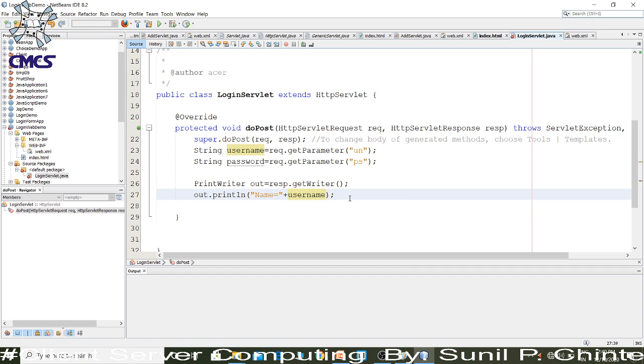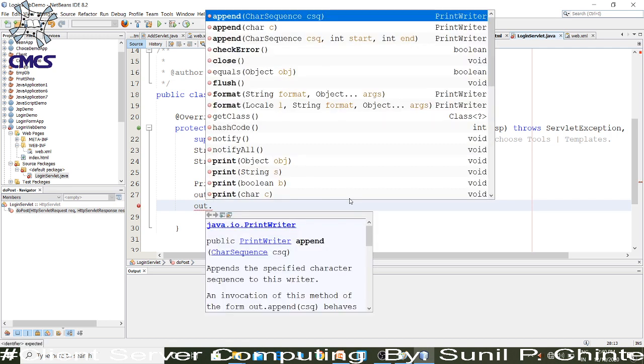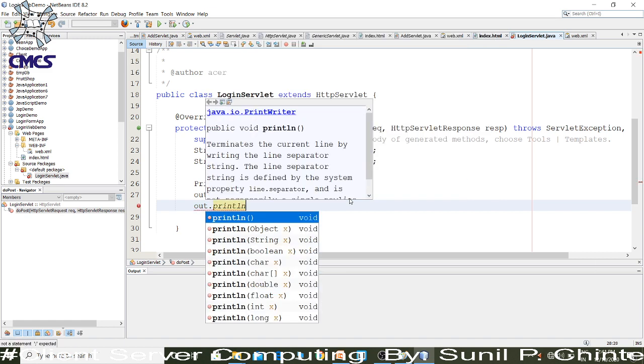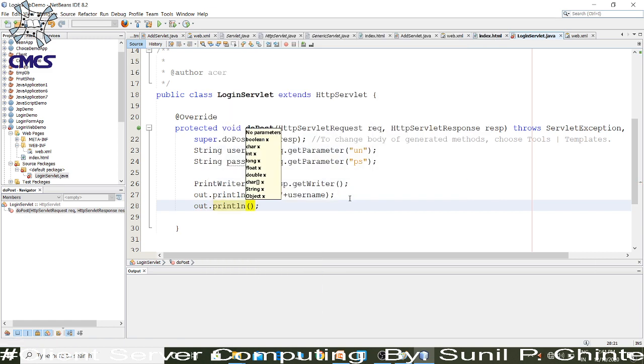Similarly, we can get the output with println of the password.